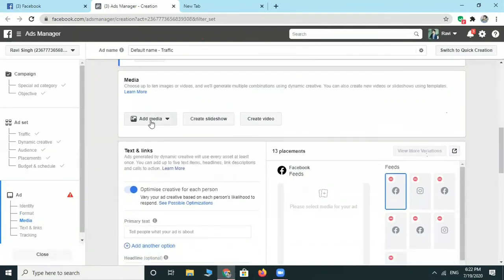And see, there is an option: you can create a post, or a slideshow, or a video. I want to create a video because it has a lot of impact. So you just have to click on create video. I'm just clicking on create video.